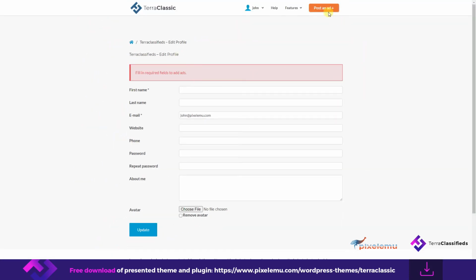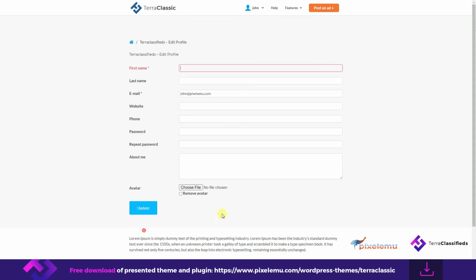Let's check if I can add an ad. No, I cannot add an ad because I'm still redirected to edit profile. Now I see that first name is required, and let's check if I'm able to update my profile without filling in this field. I'm not able to update my profile, so I need to fill in the field and